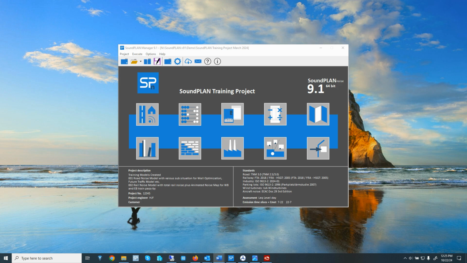One of the bigger changes in this release is ISO 9613-2 from 2024. That is the attenuation of sound during outdoor propagation, and the part 2 is the engineering method for prediction of sound pressure levels outdoors. So this is a very generic environmental noise standard. Overall, this new ISO 9613 standard integrates recommendations from ISO 17534, which released the part 3 in 2015 with recommendations for the implementation of 9613-2 for software applications.